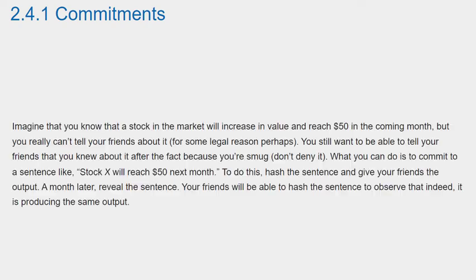Section 2.4.1. Commitments. Imagine that you know a stock in the market will increase in value and reach $50 in the coming month, but you really can't tell your friends about it, for some legal reason, perhaps. You still want to be able to tell your friends that you knew about it after the fact because you're smug. Don't deny it. What you can do is to commit to a sentence like, "Stock X will reach $50